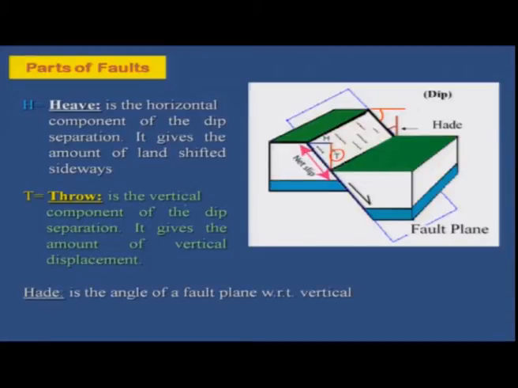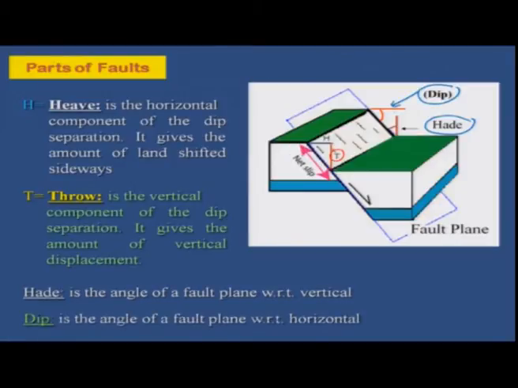Then comes the head. Head is this one over here. Head is the angle of the fault plane with respect to vertical, as we were talking about the dip, which is with respect to horizontal, but this angle is with respect to vertical. Okay, so these are the components which you measure when there is a displacement along the